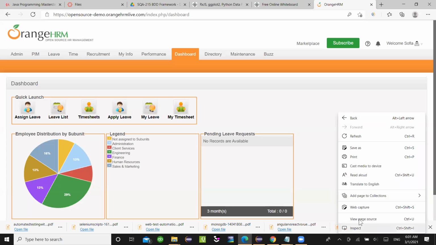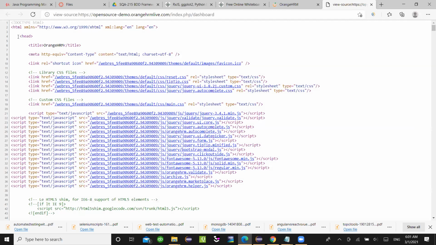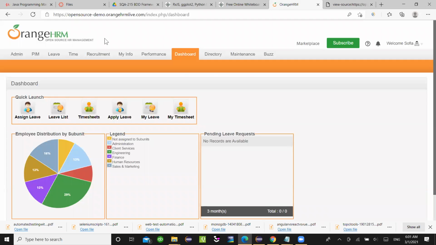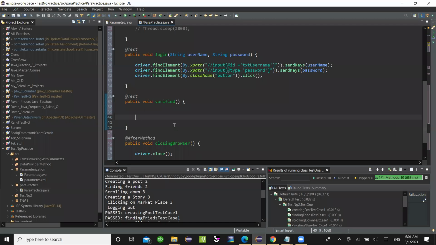In this scenario, you view page source, and after you come here, you will come here. Okay, title. This is the title. Orange, whatever. This is the title. Okay, and then I get the title. Because if I don't use this, I'm not sure which one is the title. Maybe dashboard is the title, or maybe this. Then it would take some time. Now I'll come here, assert dot